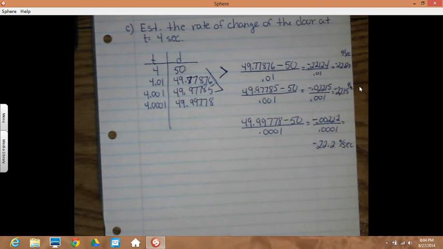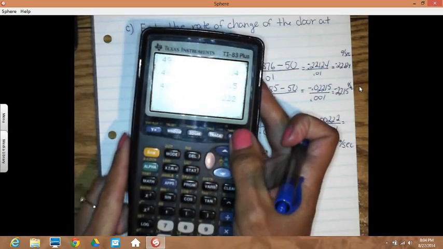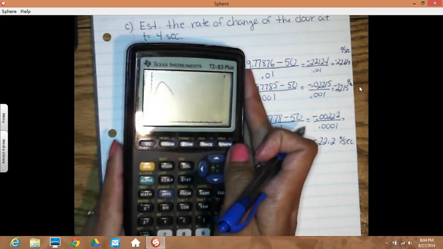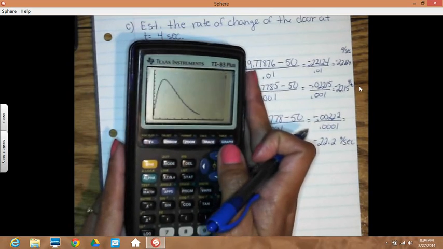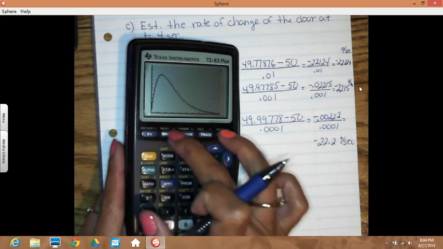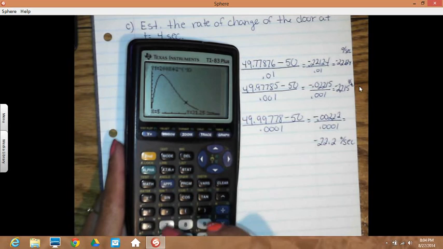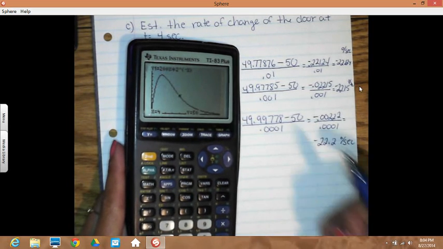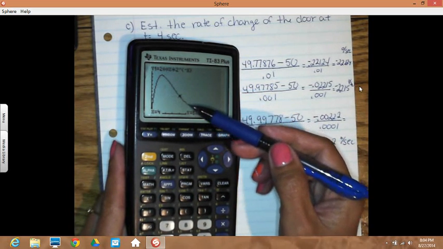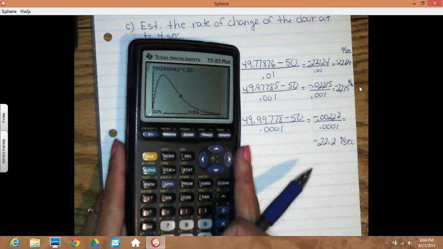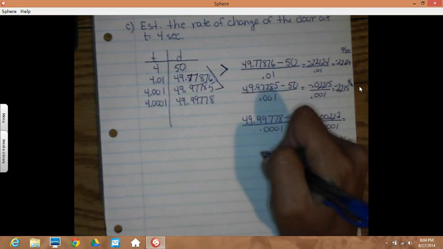If you look back at the graph, get that so you can see it there. And if I trace to 4, enter, you can see I'm right kind of in the middle here where it's coming closed. So yes, the door is closing